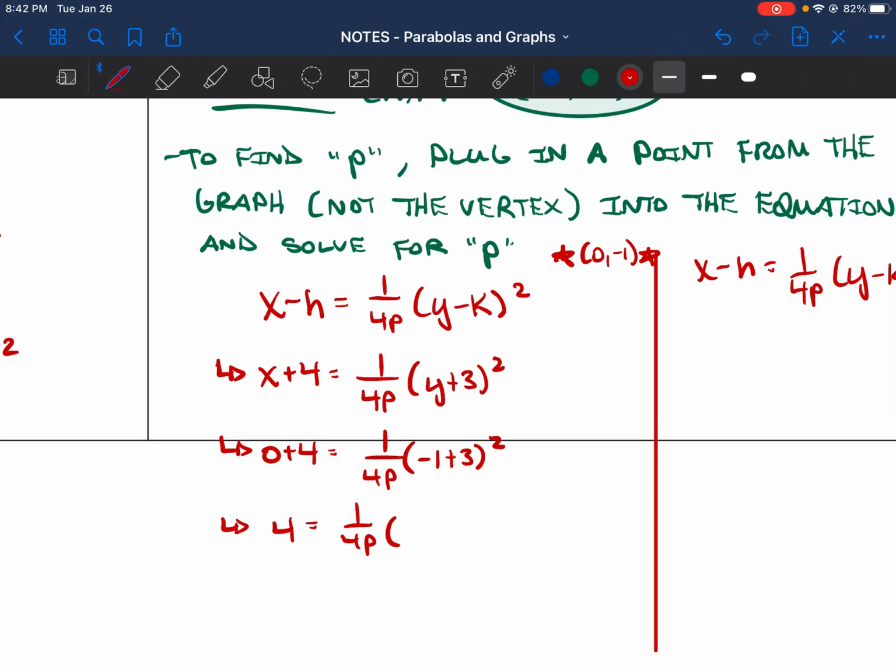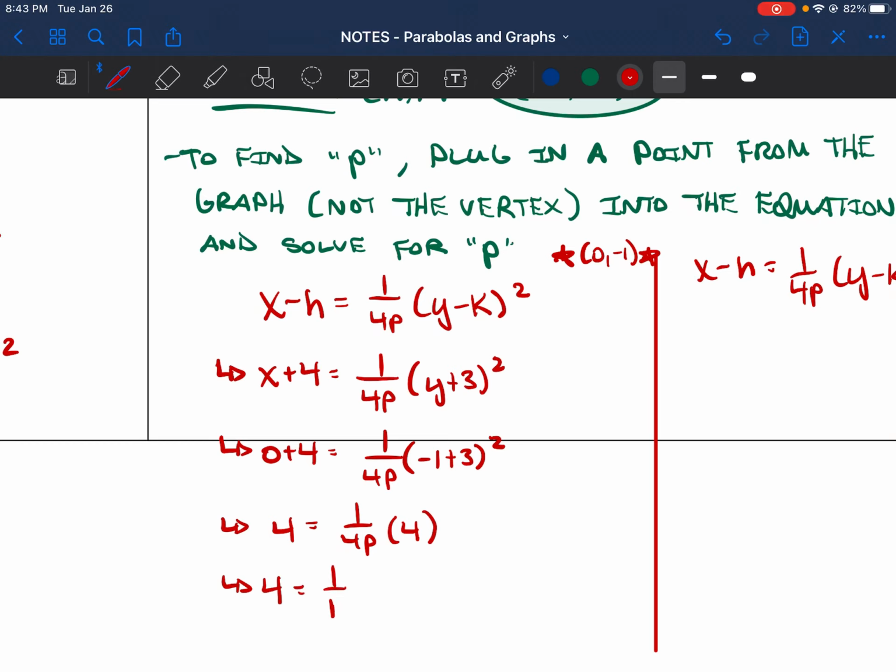-1 plus 3, let's just combine a couple steps here. -1 plus 3 is 2, 2 to the second power is 4. So let's just go ahead and put a 4 right here. And then notice that 4, when multiplied to 1 over 4p, will just turn into 4 over 4p, which is 1 over p. So we end up having 4 on the left